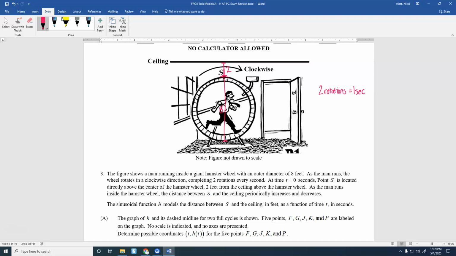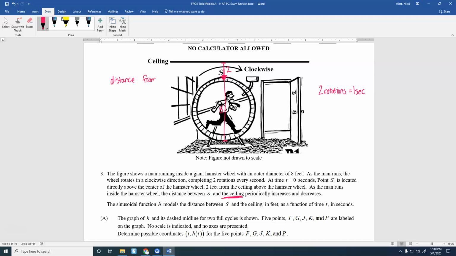As the man runs inside the hamster wheel, the distance between S and the ceiling, and here's what's tricky about this, periodically increases and decreases. So we're not measuring the distance from the wheel and the floor, which is what we have done on any other circle problem that we've had. We're measuring the distance between S and the ceiling. So whenever our point is right up here at the very top, is that a maximum point or a minimum point? It's not a maximum. It is a minimum because we're graphing distance